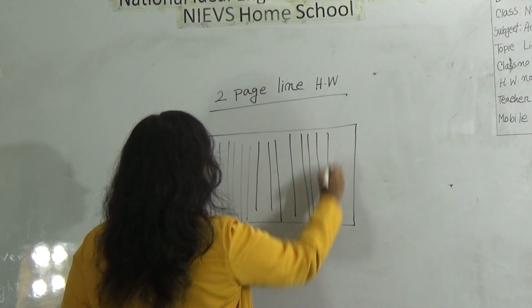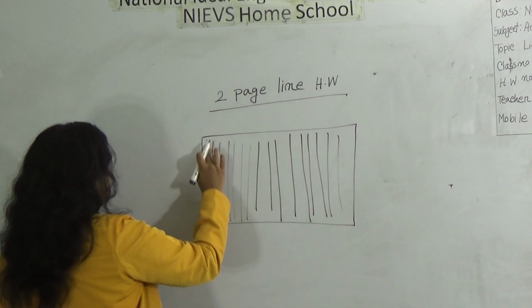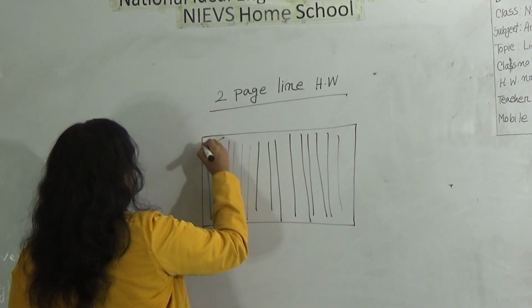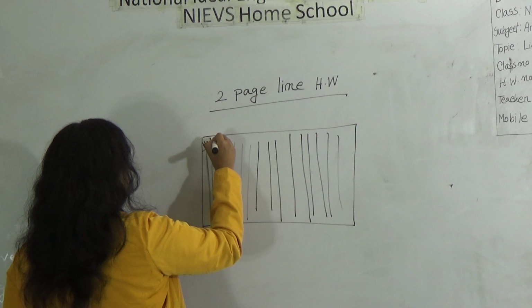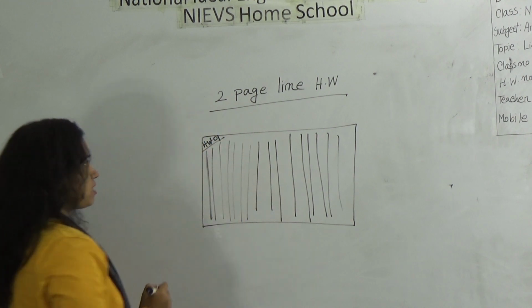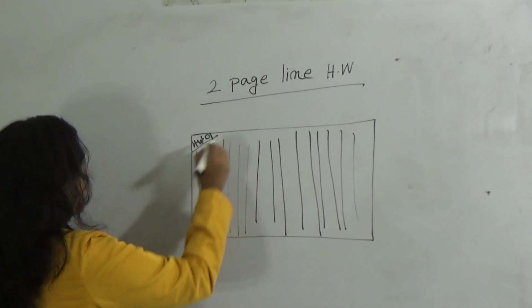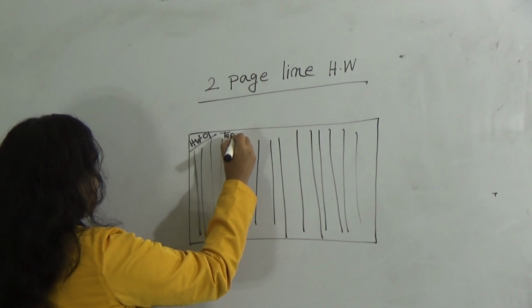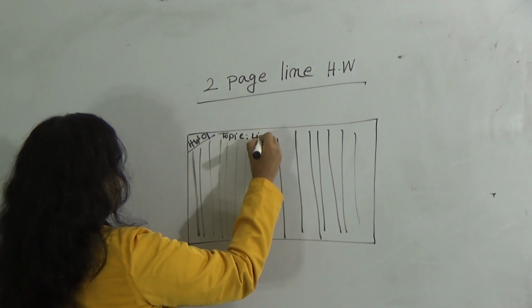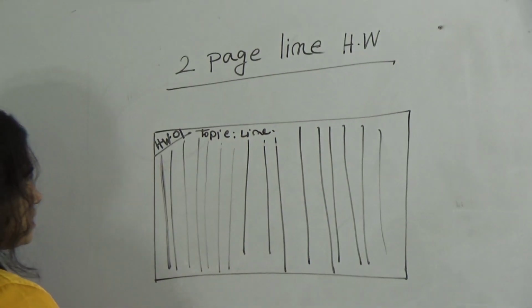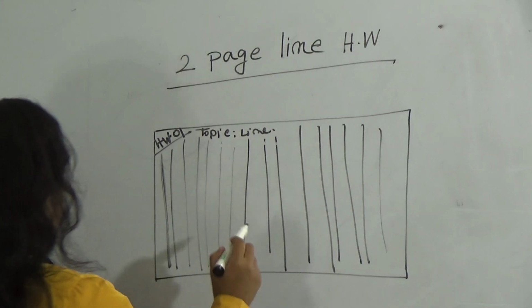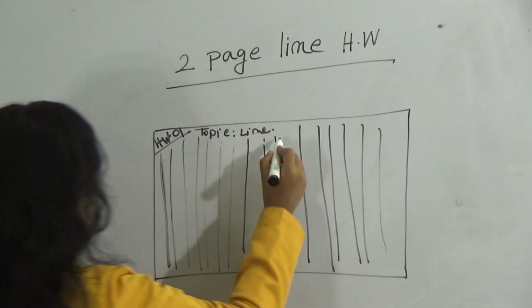Before the drawing you must write here the HW number. HW number is 1. So remember this HW number 1 and write down here the topic. Topic is line. So this one is your HW, and if you want, you use another page and draw